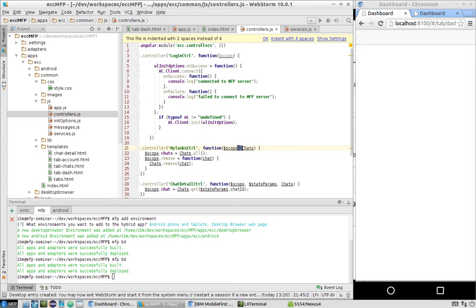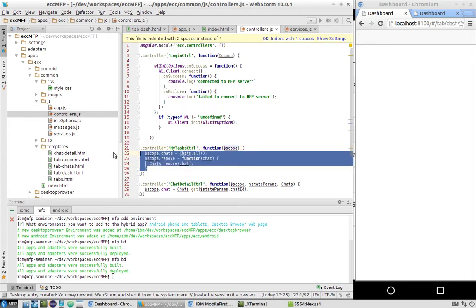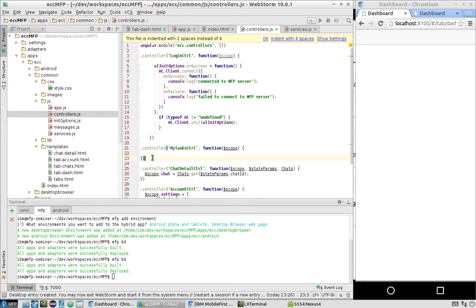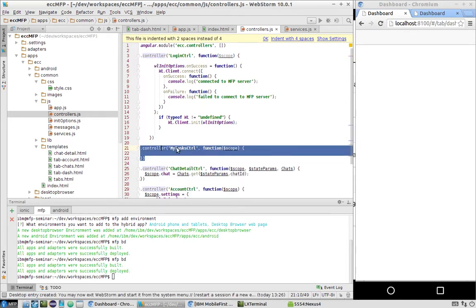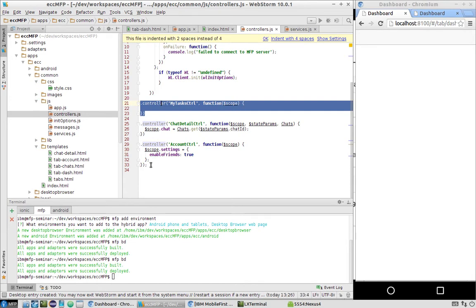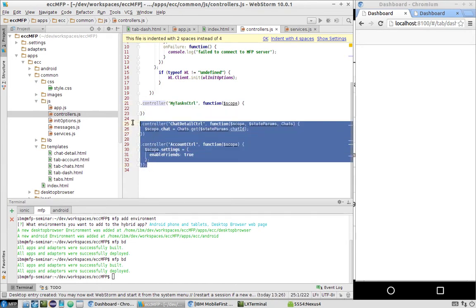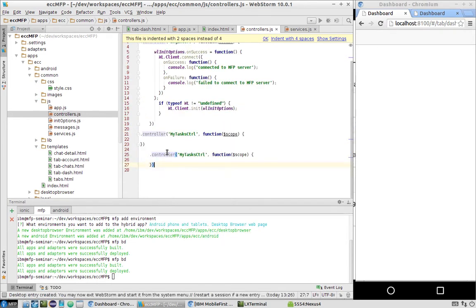Just like this. We don't need that chats here, and we don't need this code here. Then I will copy this and paste into other controllers, and in my case it will be